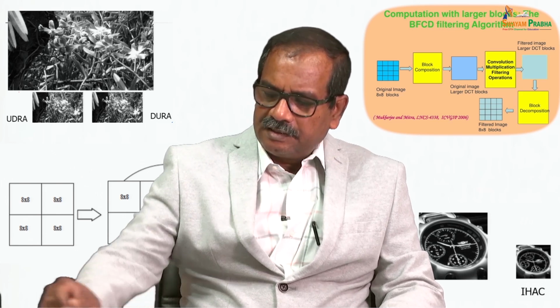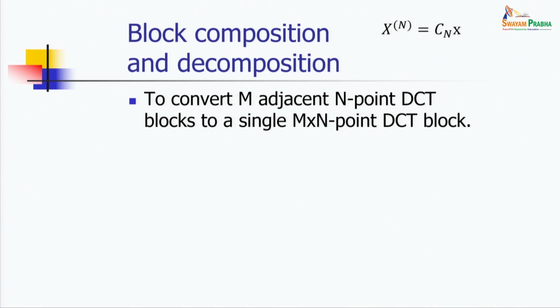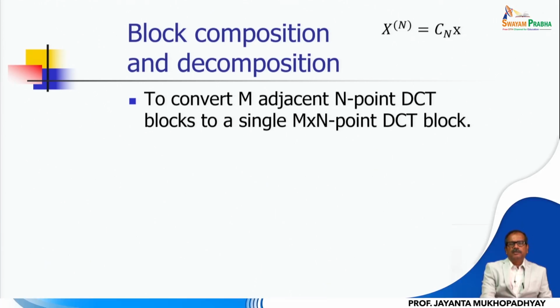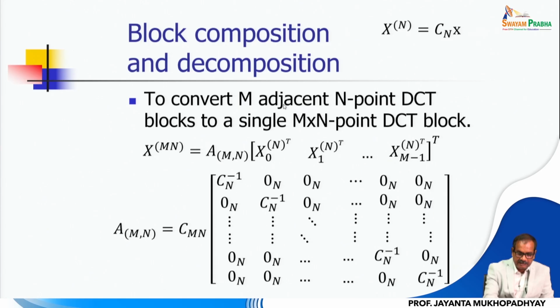In the last class, we discussed block composition and decomposition, and there we have seen how these operations can be done through linear transformation by using a single transformation matrix, so that you can convert M adjacent N-point DCT